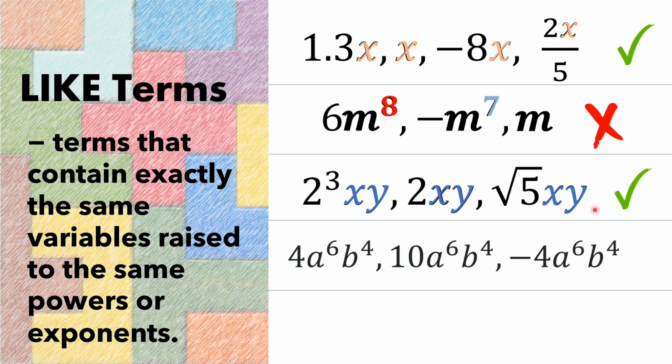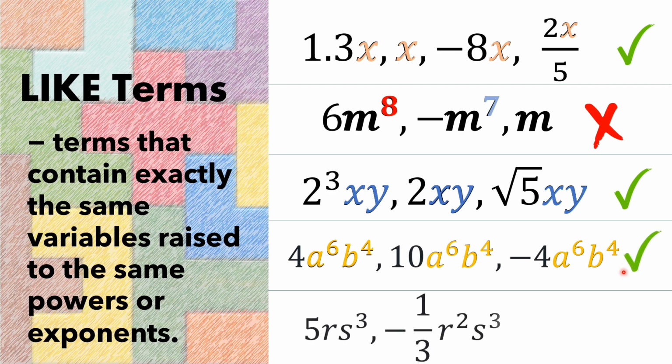Next, 4a raised to 6, b raised to 4, 10a raised to 6, b raised to 4, negative 4a raised to 6, b raised to 4. So these terms contain exactly the same variables raised to the same powers or exponents, that is a raised to 6, b raised to 4. Therefore, these are like terms. Last one,